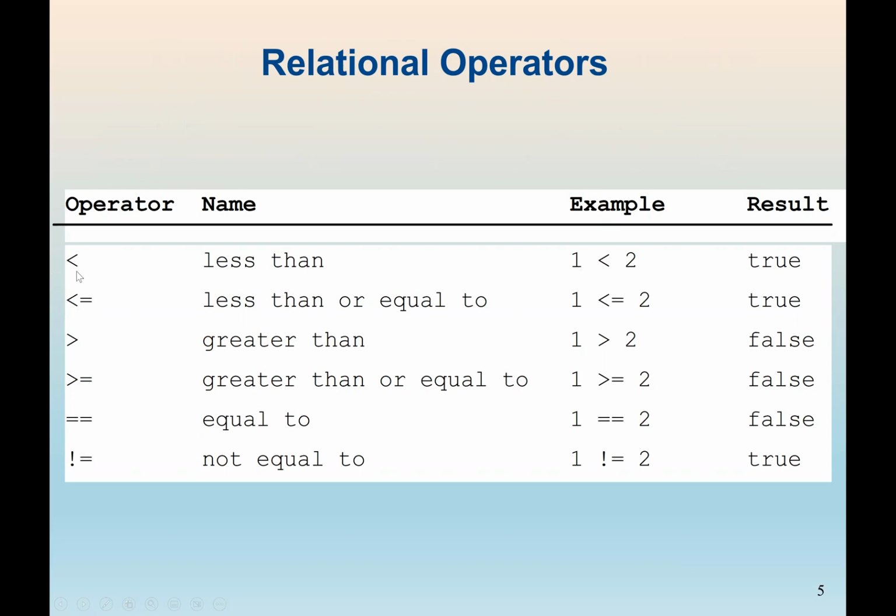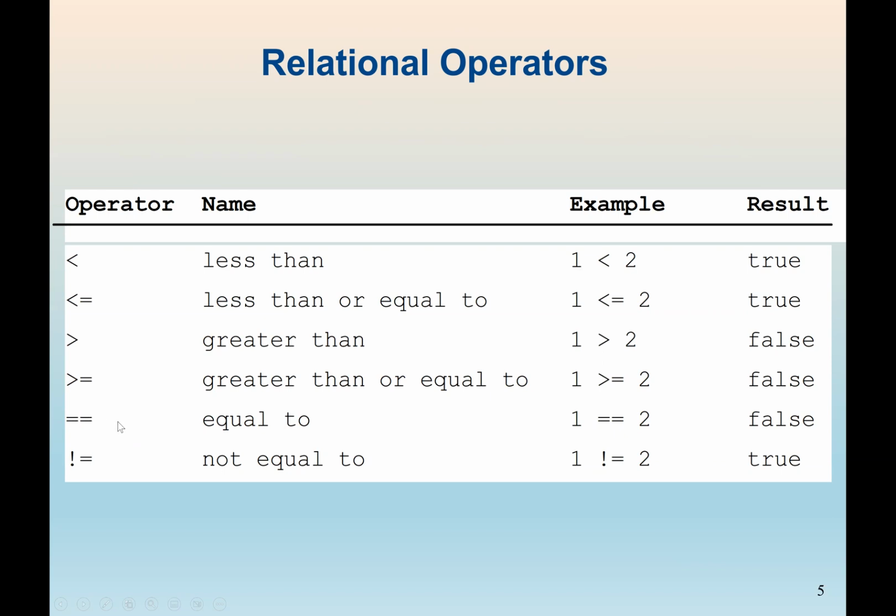So we have less than, and less than or equal to. Again, with the 2 symbols, there's no space between. You write less than and equal together, no space. We also have greater than, and greater than or equal to. In C++, 1 equal sign means the assignment operator, as we said in our previous lectures. Now, if I want to check if 2 values are equal, then I will use 2 equal signs, which is equality. So to check if a value is equal to some value, we have to use 2 equal signs, which